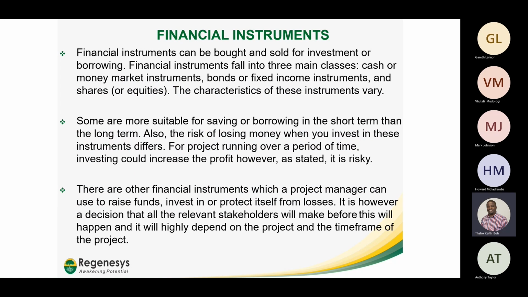And of course, the financial instruments can be bought and sold for investment or borrowing. Financial instruments fall into 3 main classes: cash or money market instruments, bonds and fixed income instruments, and shares, equities. I don't know if your company does bonds, but there was one in the city of Johannesburg that was doing bonds. Bonds is whereby you invest in a certain organization and then you get the dividends of that